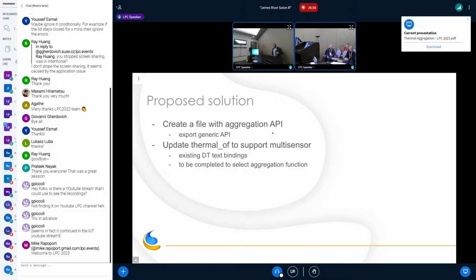I'd like to avoid modifying the current functions, to avoid increasing the compute time of the thermal functions. So I would like to propose a new set of functions that could be used instead of the regular ones if we need to do some aggregation.